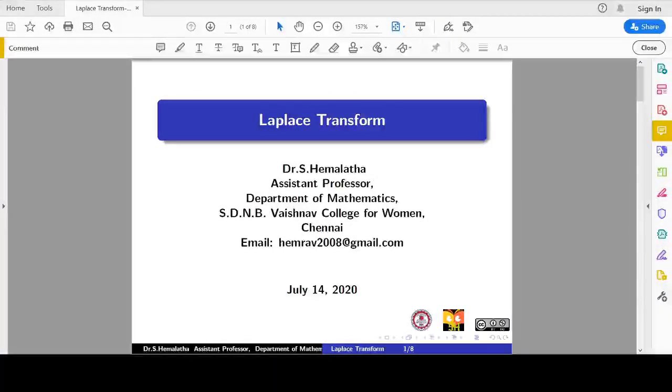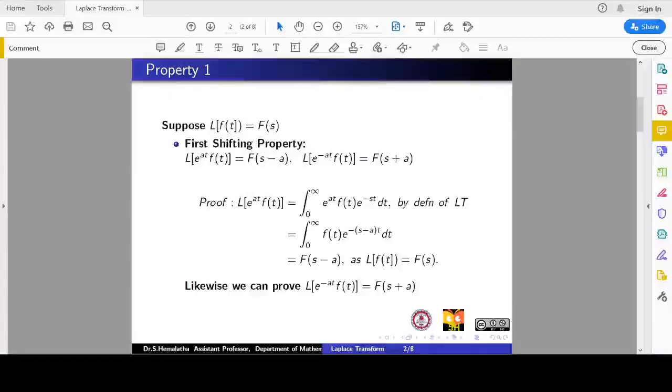Welcome back. So we have learned the definition and two very important properties, with some basic functions of Laplace and a few problems based on that. Fine. So moving on to the next, we need further properties to look into complicated